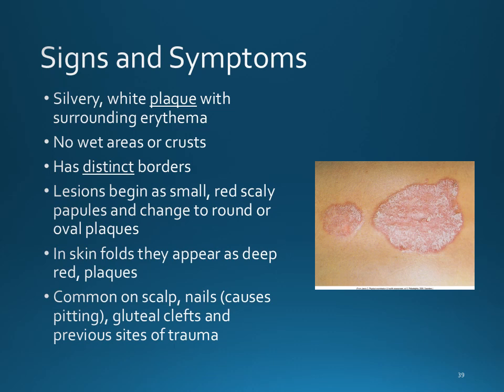Usually they're going to appear in skin folds. They are very common on the scalp, okay? And a lot of individuals that have psoriasis, particularly in areas that can be seen, generally have issues with that. I don't know any other way to say that. Could you imagine having that appearance on your neck or in your scalp, somewhere where it can be seen? Most people generally do not want that.